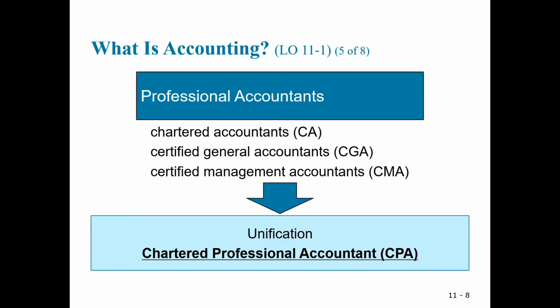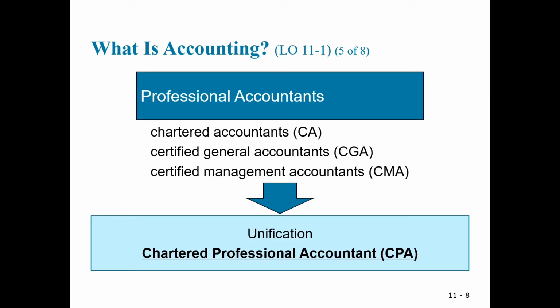Professional accountants. Historically, there were three professional accounting organizations in Canada. But these three organizations recently united under the Chartered Professional Accountant (CPA) designation. 1. Chartered Accountants. CA firms provided audit, tax, and management services. 2. Certified General Accountants. CGAs also provided auditing services in most provinces, but most CGAs worked in private companies. 3. Certified Management Accountants. CMAs focused on strategic management, and synthesized financial and non-financial information to help organizations maintain a